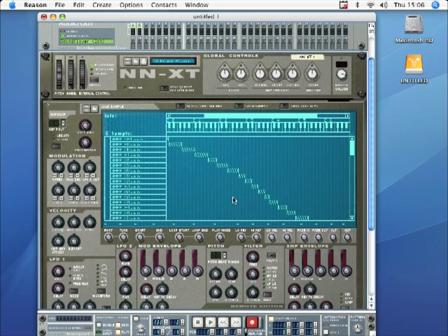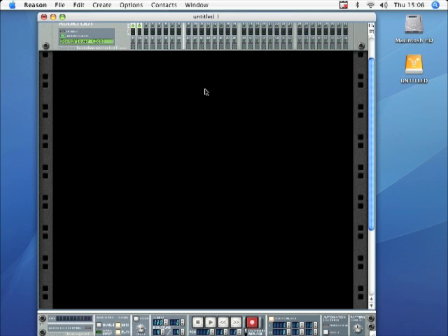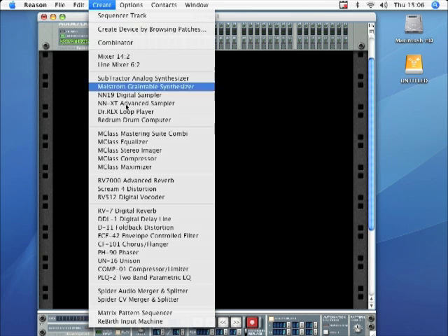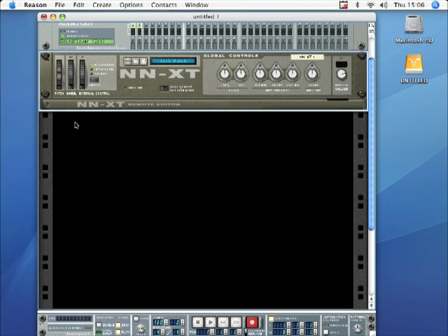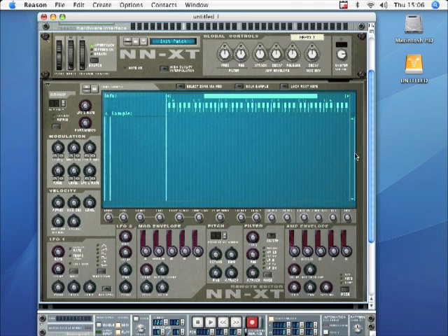Okay, so that's all very exciting, but we're not going to be using whole preset patches. We're going to be building our own patches out of individual sounds that we load in. So I'll show you how you load in an individual sound. So I'll just scrap the sampler and put in a new blank one, open up the editor,